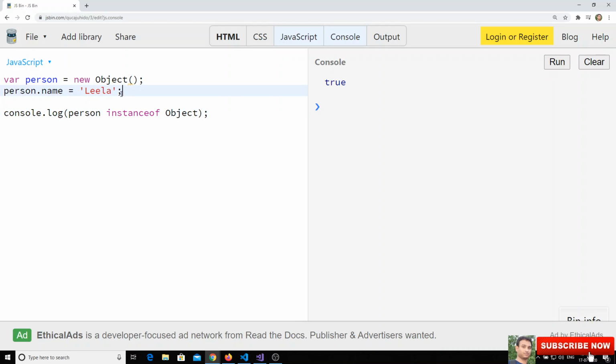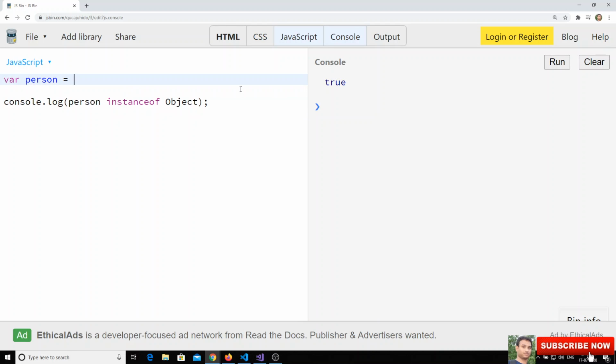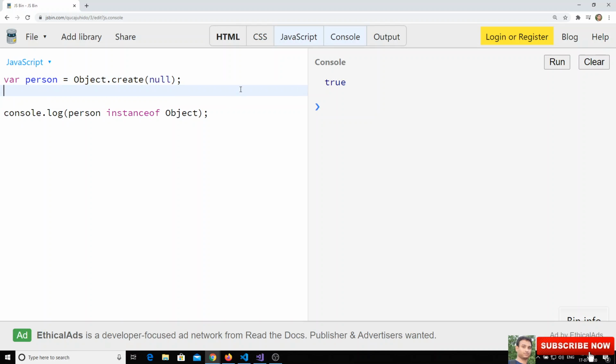Another method is Object.create(null). Here you are passing null, which means you are not defining any prototypes. If you want to define any prototypes, you can define them there. Now if I create person.name is equal to Leela and check whether person is an instance of Object, we get false.